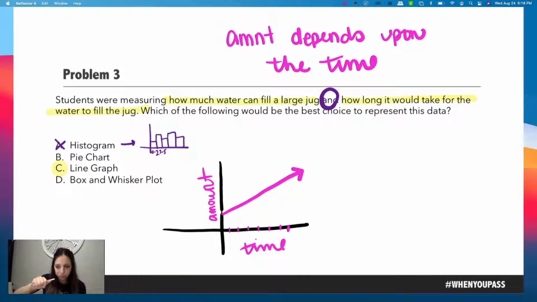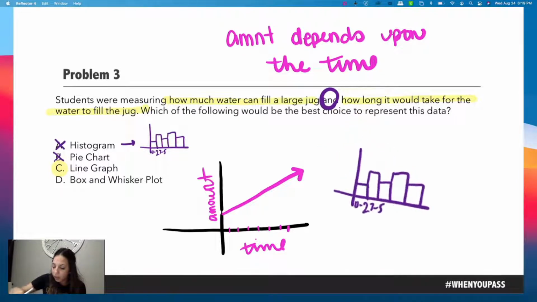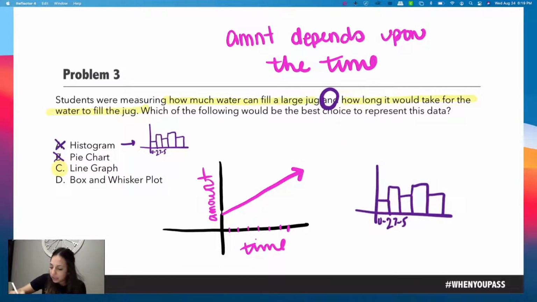A pie chart. A pie chart is going to be best when we're looking at a whole. So like a percentage of a whole. That's going to be what a pie chart is, and that's definitely not going to be what this is. A histogram also does have to have equal intervals. You're absolutely right. So when I look at that, actually, I'm going to erase that and just copy this one. So when I look at this histogram, these intervals have to be equal.